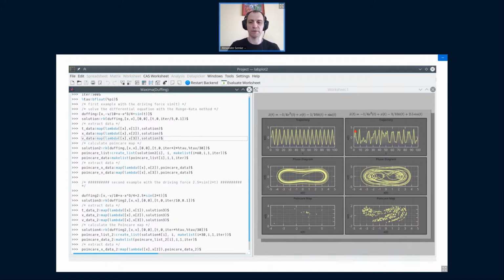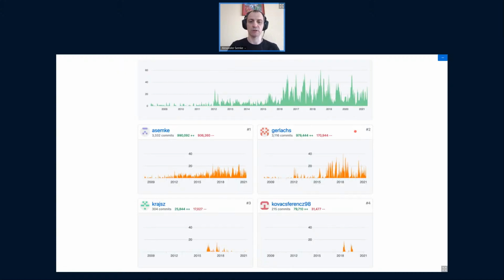Okay, enough of advertisement for Labplot. I hope you got an impression about what this project can do for you. And well, this is not the only project that can do this stuff, so I will introduce shortly a couple of other projects. So when talking about fragmentation of resources,